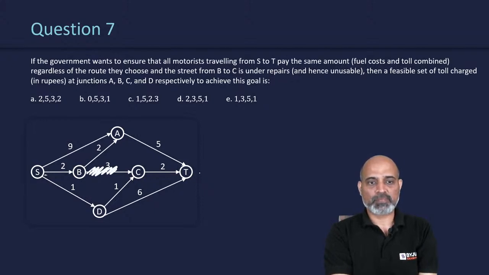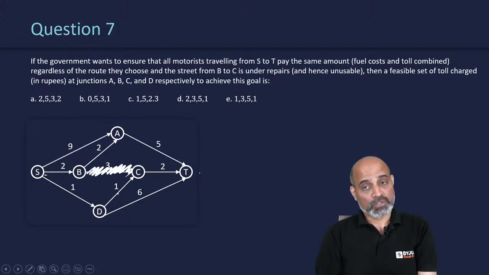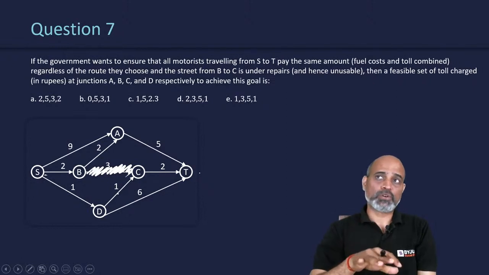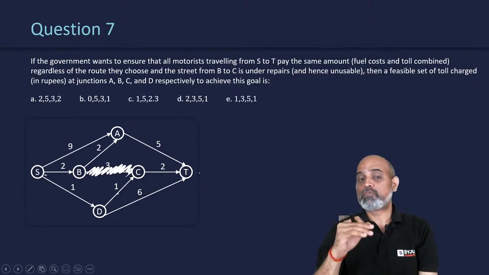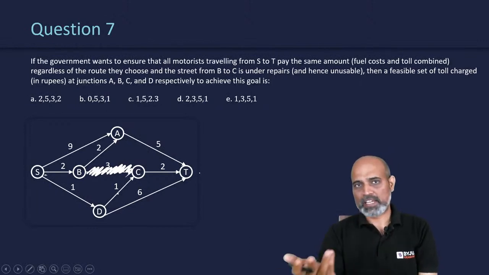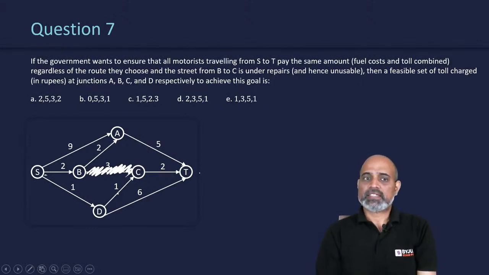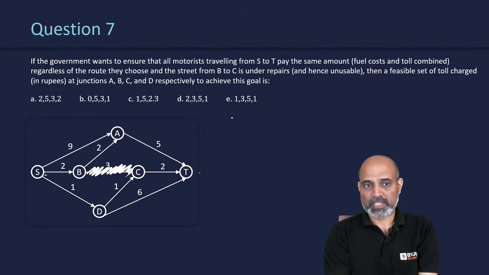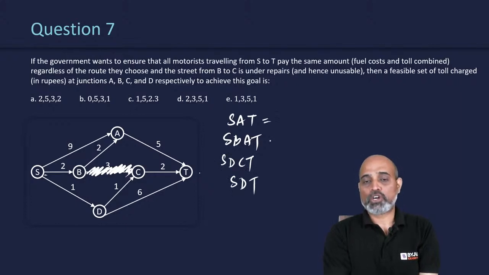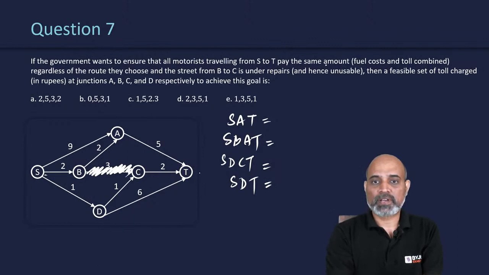So this is under repairs and hence unusable, as in the government shouldn't control the toll value so that nobody goes from there. But there the repair is already going on, so anyway nobody can cross. Then a feasible set of toll charged in rupees in junction ABCD respectively will be. So we have got SAT, we have got SBAT, we don't have SBCT, we do have SDCT, and we have SDT. Now from the options we need those toll charges so that everyone